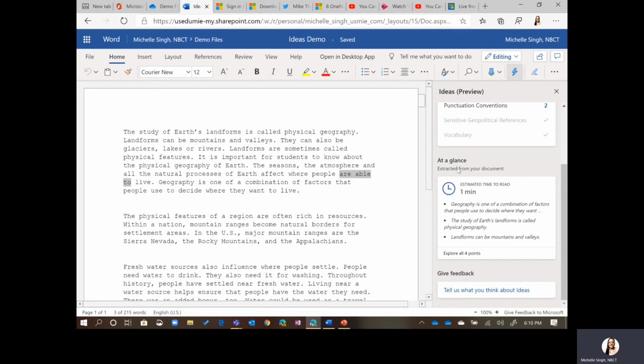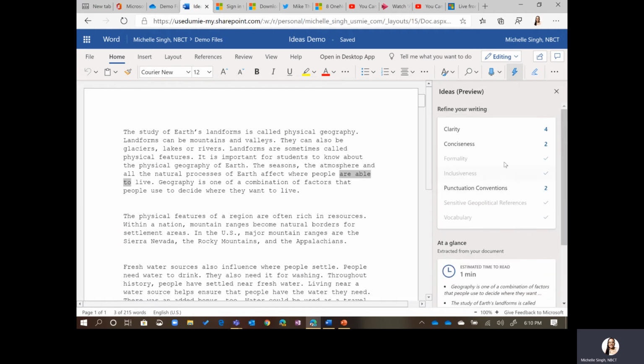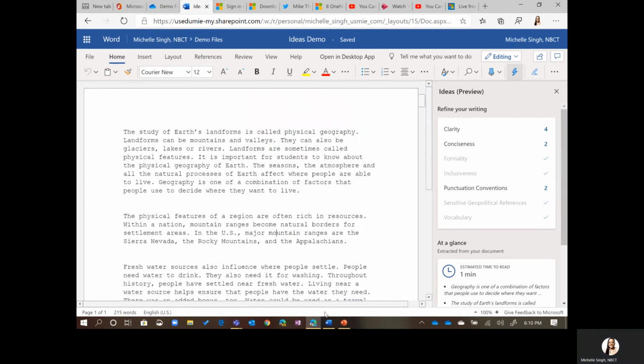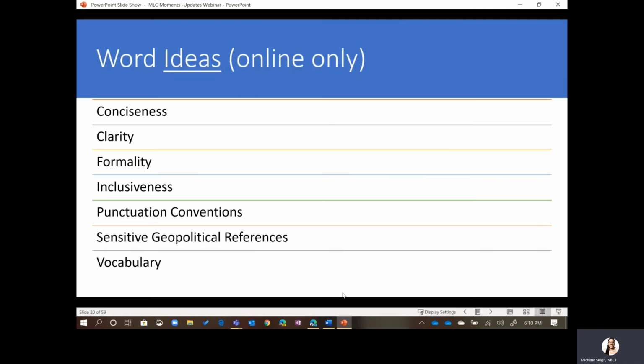And then it also gives me, kind of at a glance, the estimated time to read, and it kind of categorizes and summarizes the 4 points that this particular paper, we can say, is about. So I like this option for students because after writing, when using Word Online, they can use it to just make their text better. Alrighty, so going back,